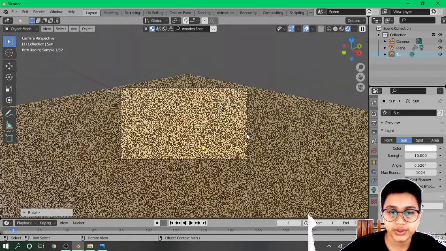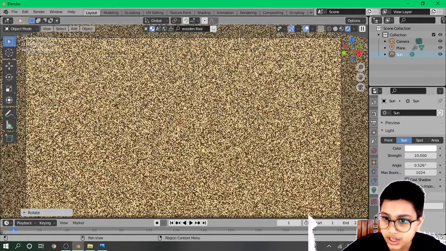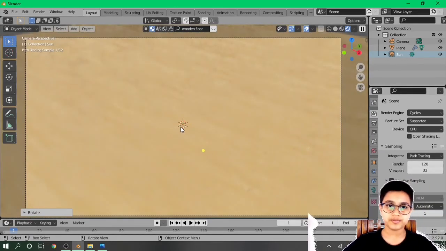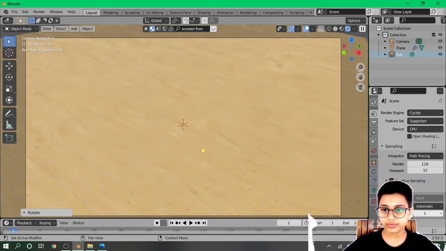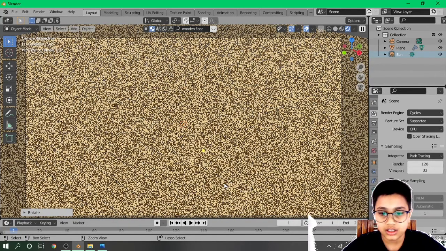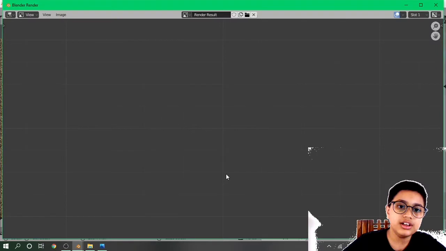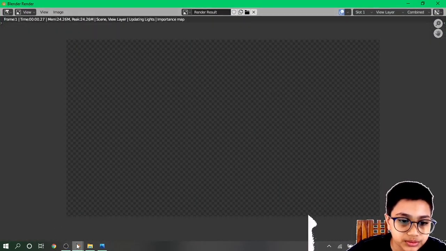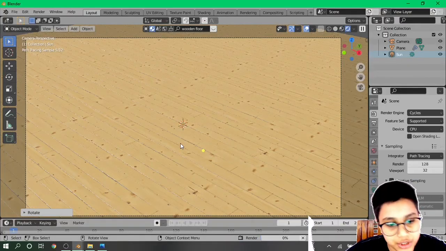Go to the camera view and enable viewport denoising. Or you can just press F12 to render. That is also an option.